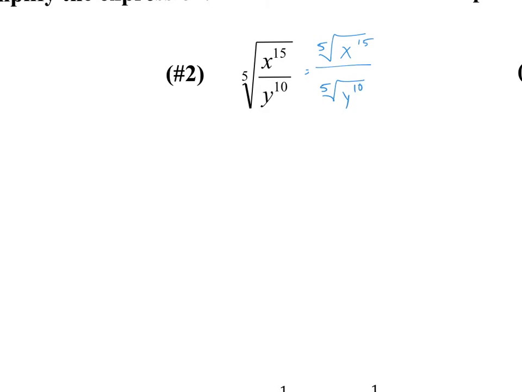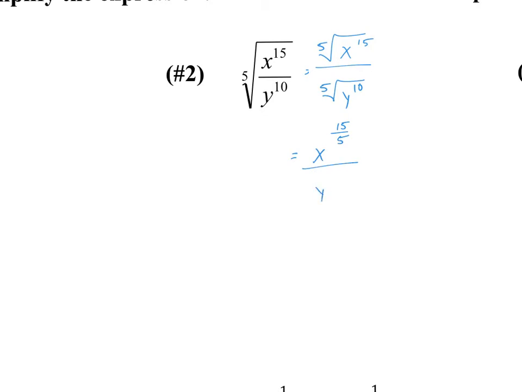We can rewrite these in radical exponent notation. So if we do that, remember that the power we're taking the radicand to, which is the number under the radical, is going to be in the numerator of our exponent. So we have x to the 15 over the number outside of the radical, which is going to go in our denominator. So we're going to have x to the 15th over 5